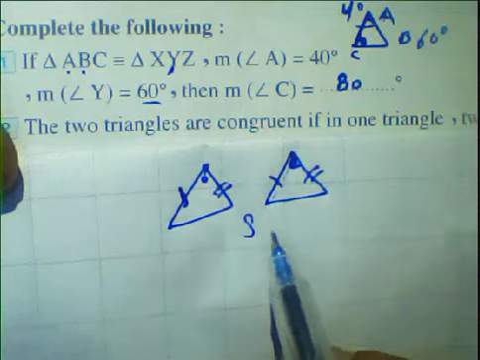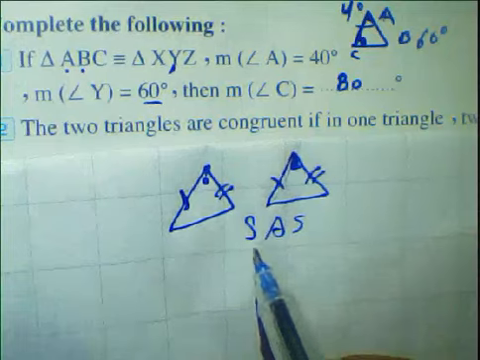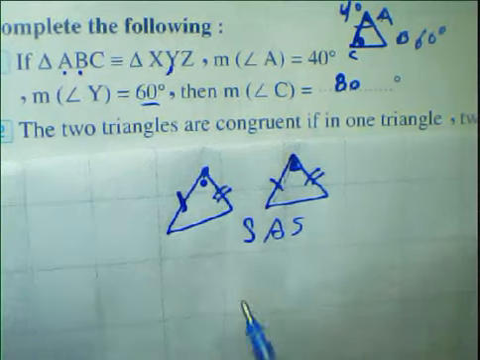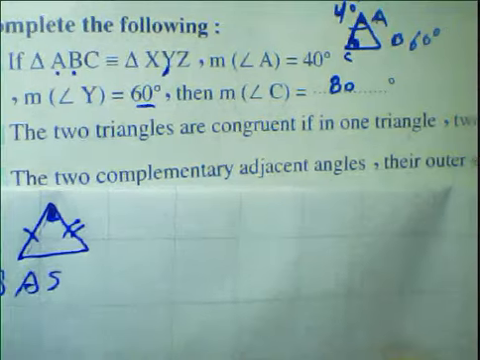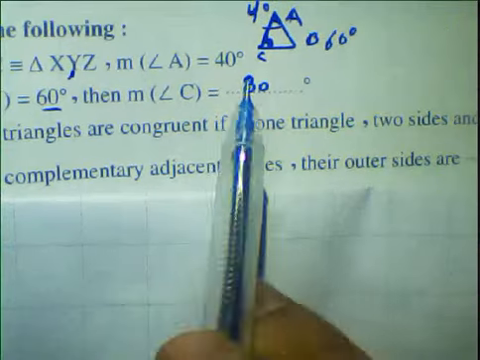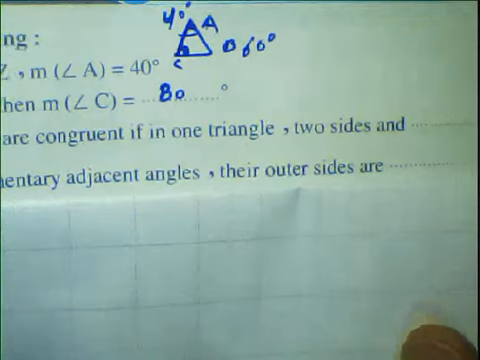We have here side angle side, SAS. So the two triangles are congruent if in one triangle two sides and